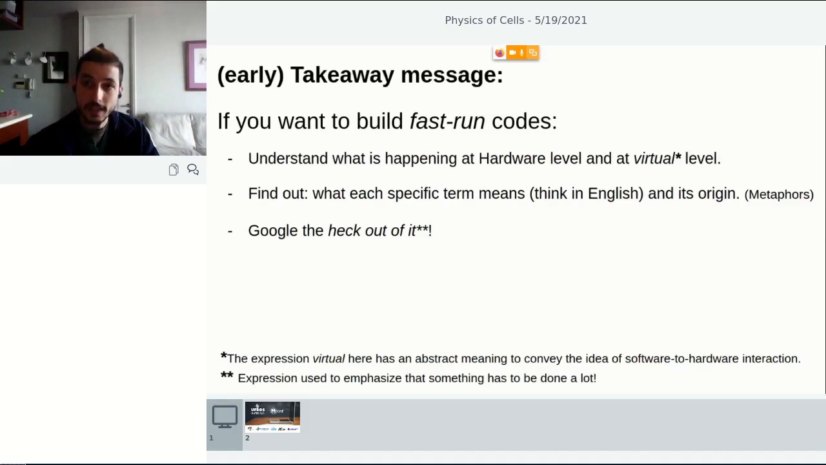And the other reason that I'm using this word virtual here is about the second suggestion that I use here. That is, find out what each specific term that you are studying means and its origin. And this is what I call thinking in English. What I mean by that, for example, if you take Portuguese, I don't know how this is in Spanish. Sorry,